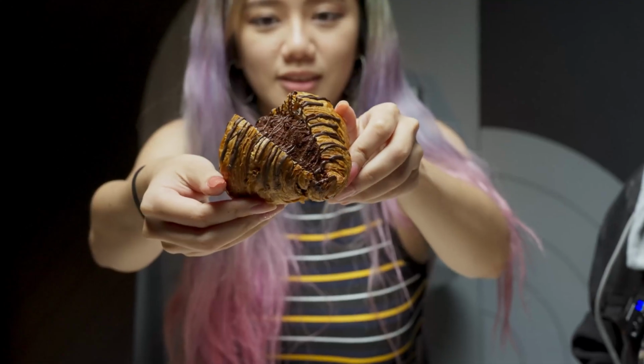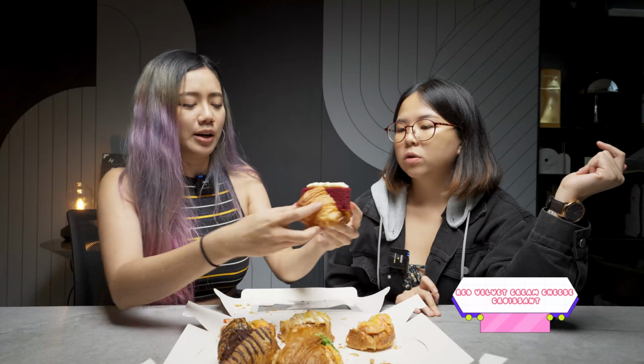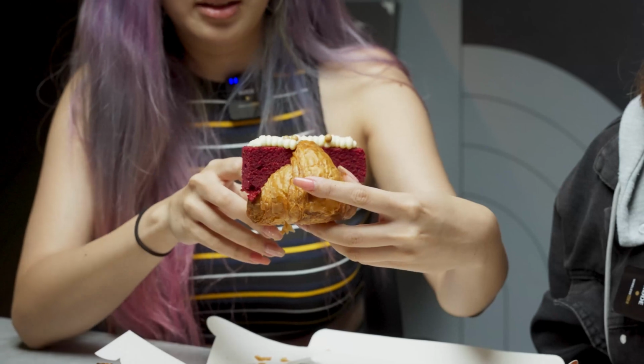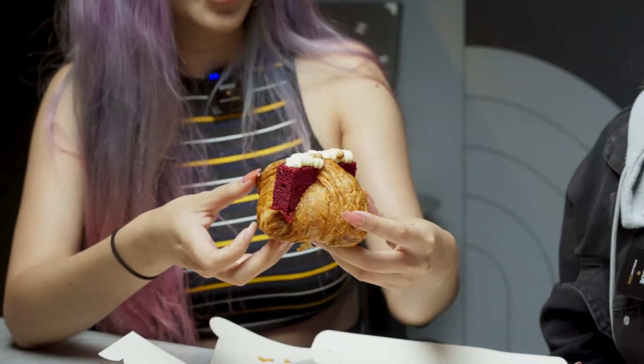It's an alternative. So now onto the sweet croissant flavors. This is red velvet and Milo dinosaur. We go for the red velvet first. It's the first thing that caught our eye anyways. It's not bad. Try also. It's not bad, it's not bad. The cream is a bit tangy as well. Okay, I don't hate it, but it tastes exactly like how it looks like